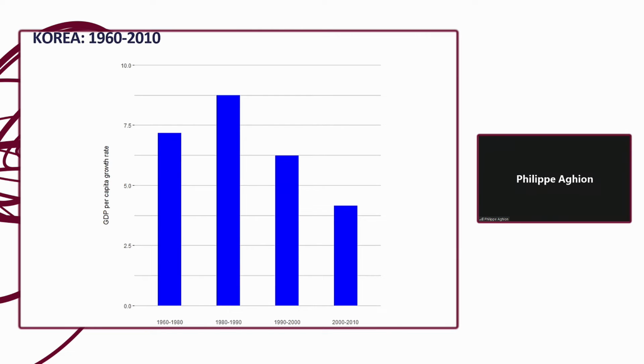During this catching up phase, conglomerates grew up, called chaebols in Korea. These conglomerates not only inhibited new entry, but also put pressure on the Korean government to prevent moving towards institutions that are good for innovation-based growth. The institutions that are good for catching up growth are not the same as the institutions that favor growth at the frontier. When you are growing at the frontier, competition turns out to be very important, much more than if you are catching up. And those firms, of course, didn't want more competition.